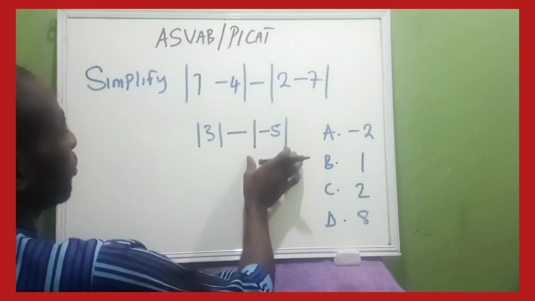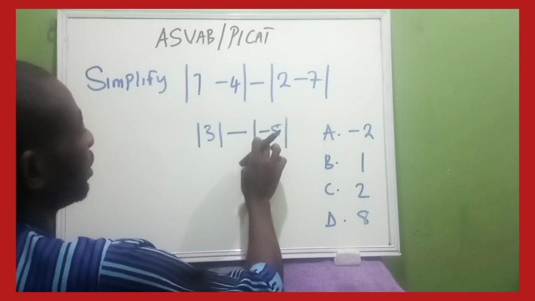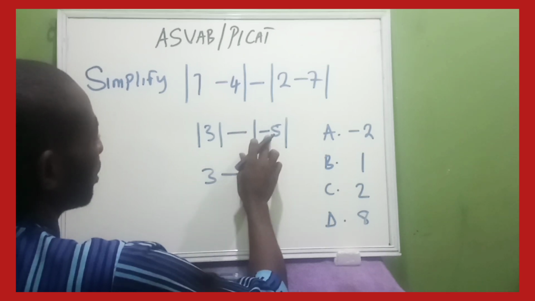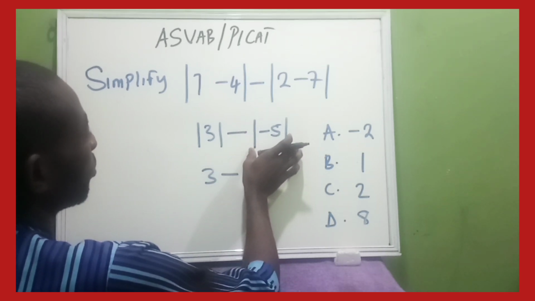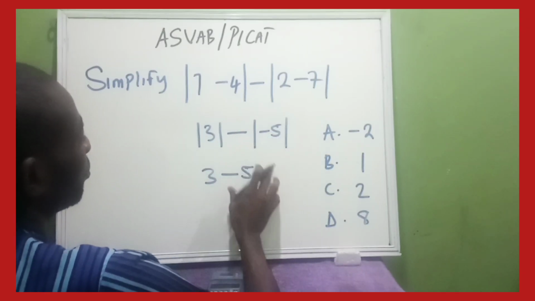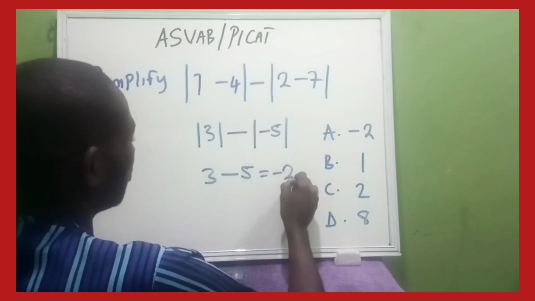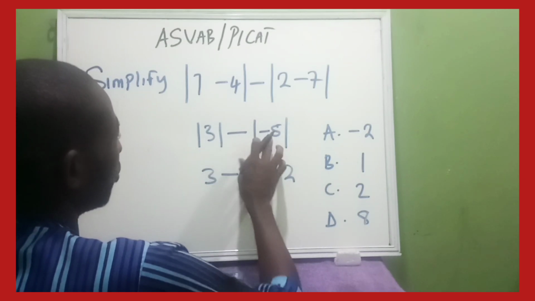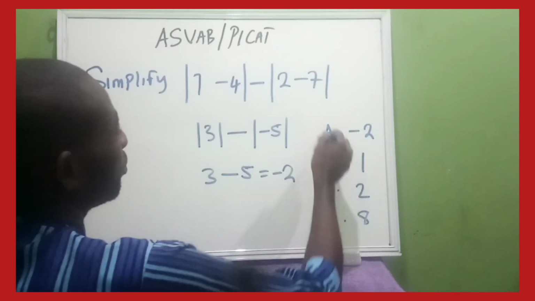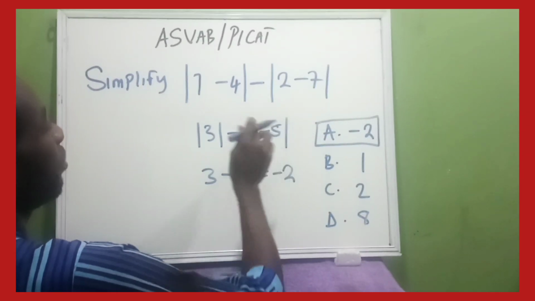Whenever you have these symbols, when there is a negative in these symbols, you ignore the negative and write the number. So here now we're going to have 3 minus. Instead of saying minus times minus, we take the absolute value of 5 and that will give us 5. Not minus times minus. So we now have 3 minus 5, which will give us minus 2. If you mistakenly multiply minus, you are going to have plus, and 3 plus 5 will give you 8. And that 8 is the wrong answer. So the answer is this. What do you do? You ignore the minus and take the absolute value of what is inside the